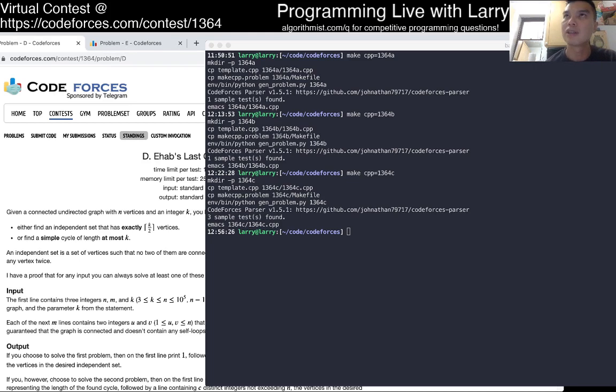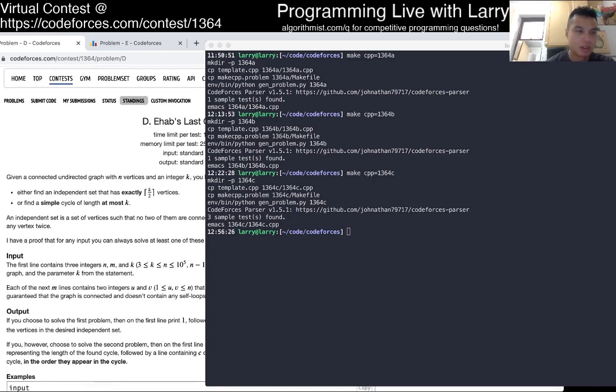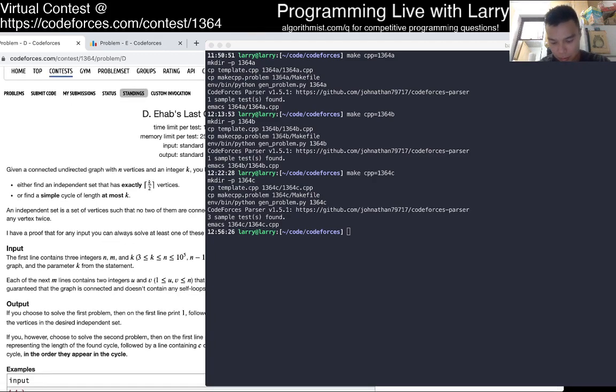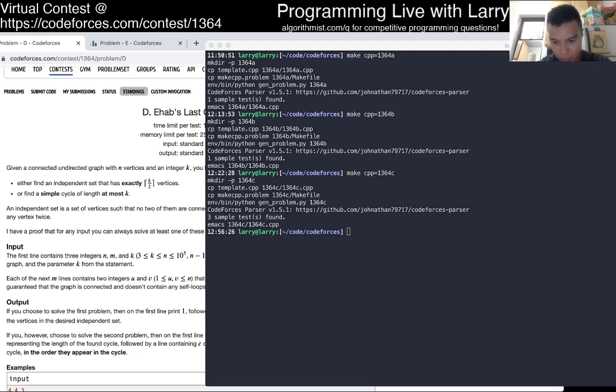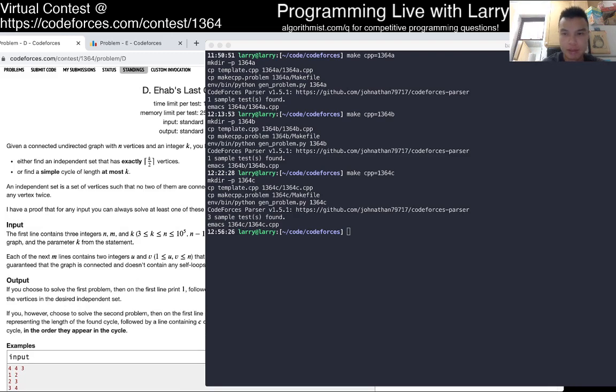Can you find a cycle that way? I guess so. But I think we want a shortest simple cycle, and we can find the shortest.